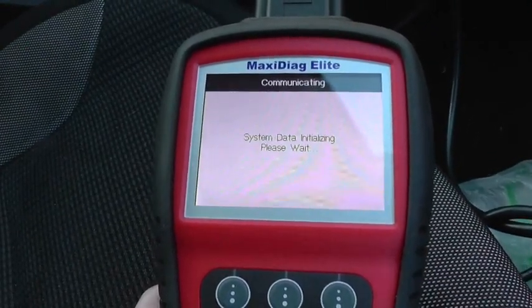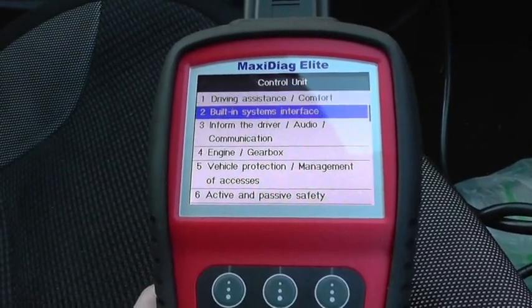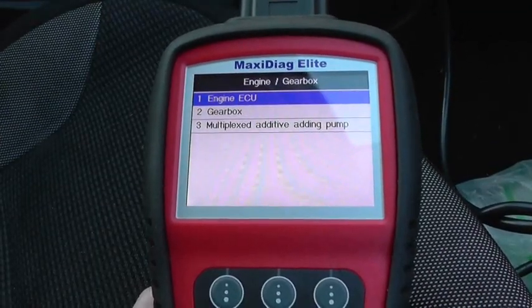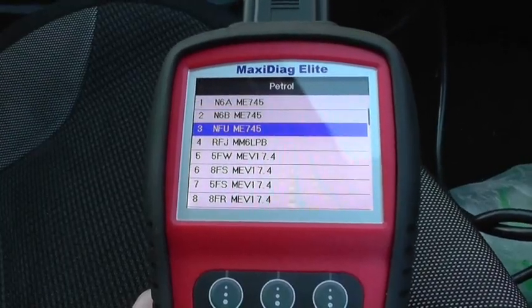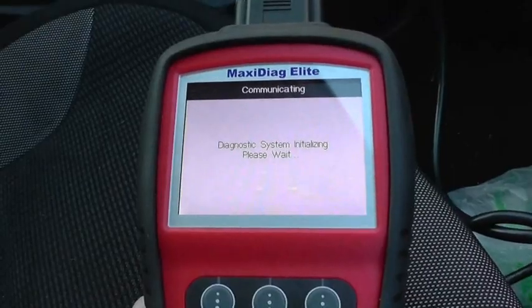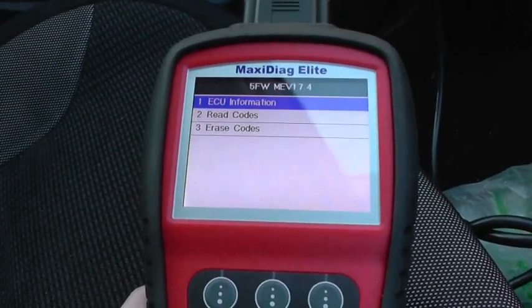Right, so for the control unit, we're going to have a look at the engine module because the engine management light is showing. So we're going to diagnose the engine ECU. It's a petrol model, and select your particular vehicle type. Just OK to that. I'm going to read the codes,